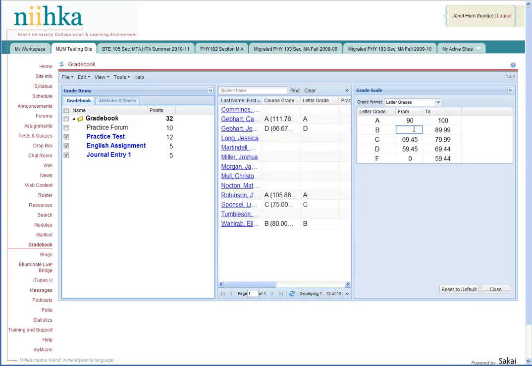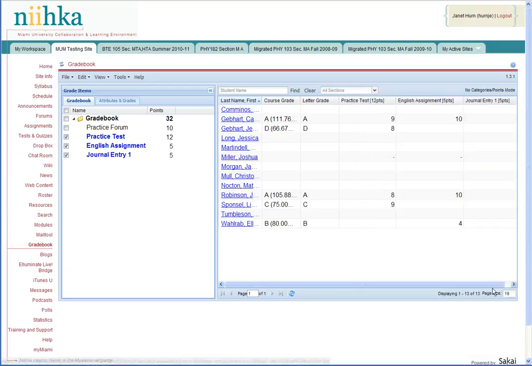So this would be a 79.45, and then this would be a 89.45. So that's just my preference, and as you saw, if I hit reset to default, it'll go back to the default grade setting. So you can adjust this to whatever grade setting you want, and once you set it, you'll see that it calculates the grades for you. So that's really nice. So we're going to close that now, and